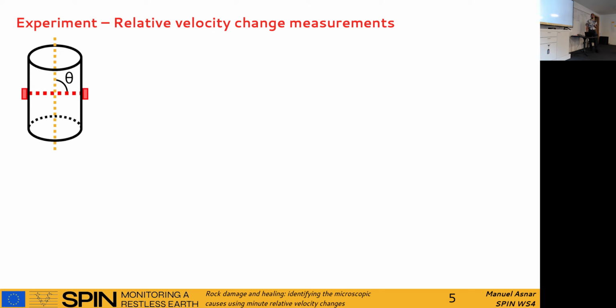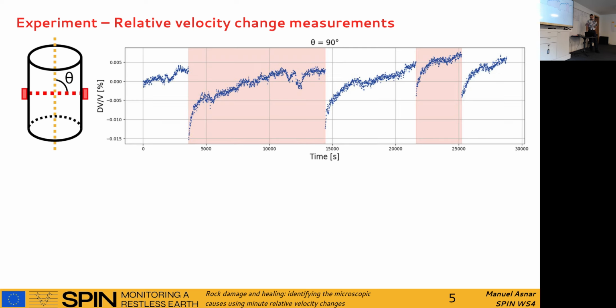So now that we have our experiment set up, we have the whole thing happening, we do our TV over V measurements, and what does it look like? So first off, if we just take two transducers, so source of recombination for which the traveling path is horizontal, rather than 90 degrees with the loading axis, which is here in the dashed line in yellow, then it looks something like this. So at the very beginning, you have fairly constant velocity, and then